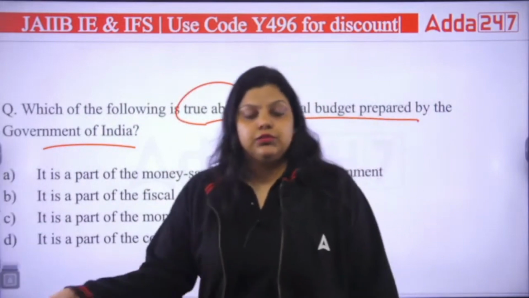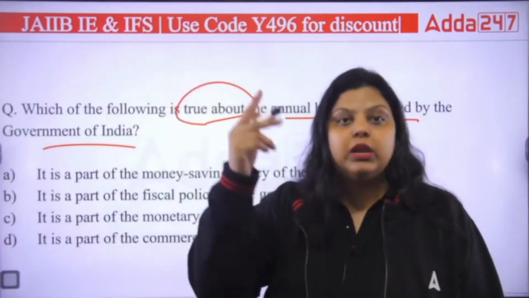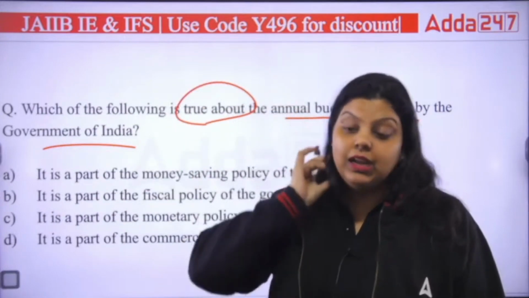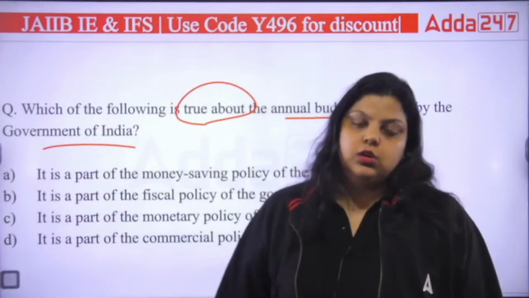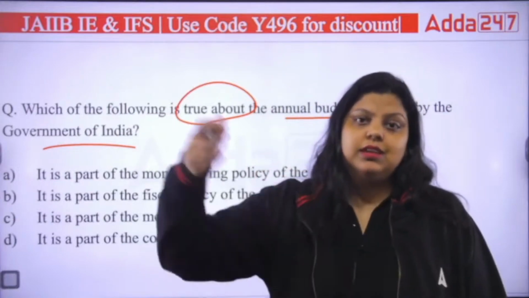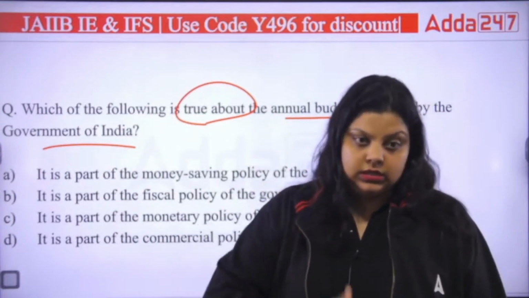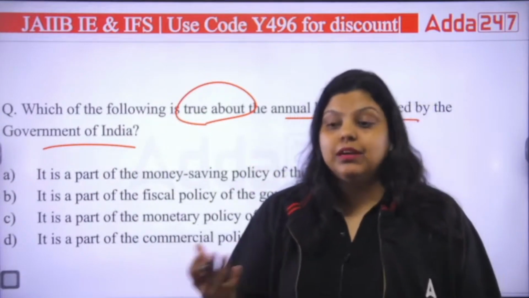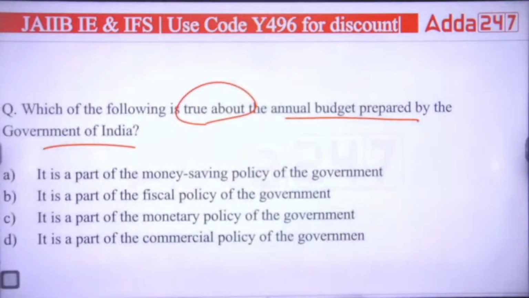That's the annual budget. Now the fiscal policy is actually giving us the annual review. Every year one budget will be presented. That's the annual budget, and that's why it has been named as an annual financial statement in our constitution as well, because it is presented once in a year and it is related to the financial statement of the government, like how much government is earning and how much government is spending. That's why it is known as an annual budget.